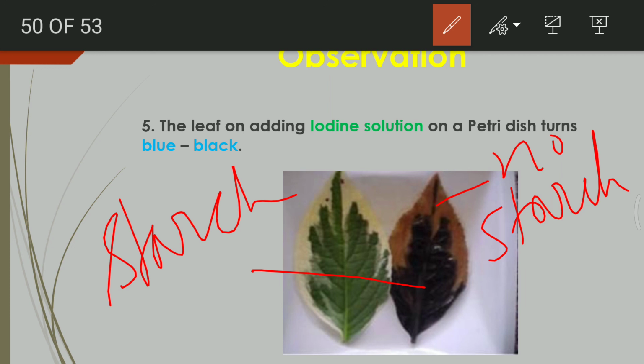And as you can see the leaf, how did it look when we had just removed it from the alcohol? It looked somewhat like this area was not having any starch granules, and it had become completely transparent. Not only that, even chlorophyll of that place was completely removed. So in the absence of chlorophyll, there is no chance that a plant or a leaf can do photosynthesis. Because there was no chlorophyll, no starch production had taken place in that area, and that's why there is no presence of starch.